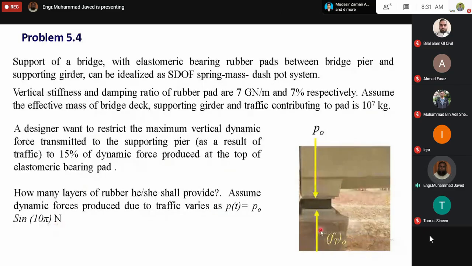डिजाइनर जो है वो चाह रहा है कि जो ट्रांसमिटेड फोर्स है ये हार्मोनिक फोर्स के 15% से ज्यादा ना हो, और ये जो हार्मोनिक फोर्स है ये इस मैथमेटिकल फंक्शन से एक्सप्रेस किया जा सकता है। तो हमने अब ये कैलकुलेट करना है कि यहाँ इलास्टोमेरिक रबर बियरिंग पैड में कितनी लेयर्स हमें रबर्स की प्रोवाइड करनी चाहिए। अगर आपको कोई सवाल है तो आप पूछ सकते हैं, वरना फिर इसको सॉल्व करते हैं।